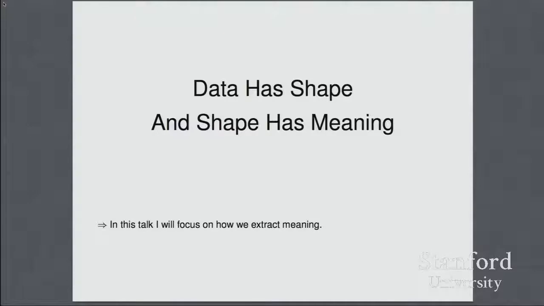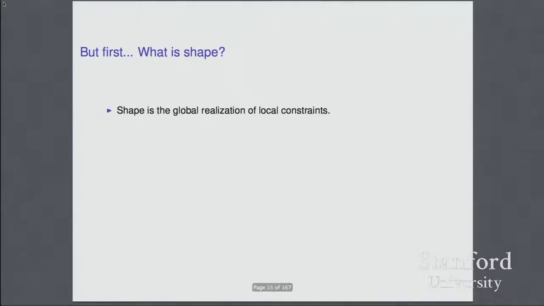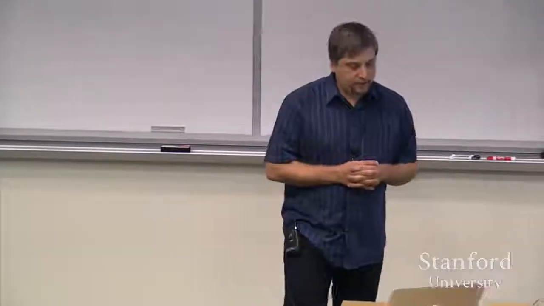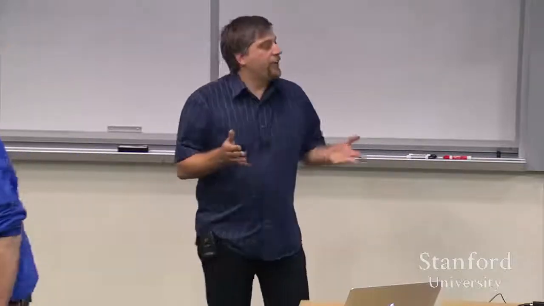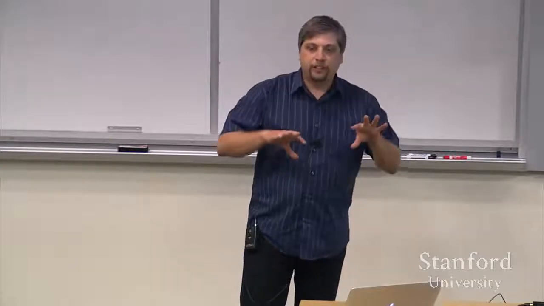I'm going to focus on the second half of this and not get too much into exactly what shape means. I want to talk about extracting meaning from shape. But first, since I've gotten this question before, what is shape? Let's just spend a slide describing it. My one sentence to describe shape is that shape is the global realization of local constraints. So locally, in the space you're looking at, there are some constraints over what can happen, right? But those local